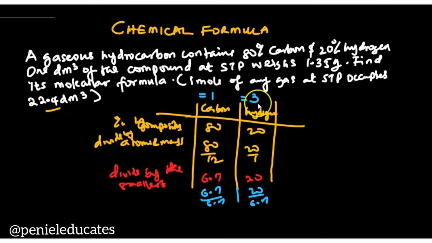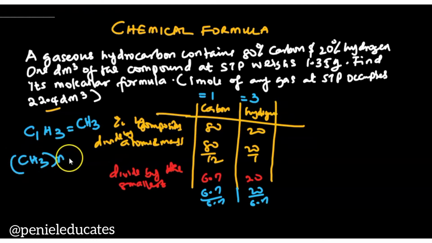Now the empirical formula is C1H3, which is CH3. And don't forget the molecular formula would then be CH3 into N, because it's in multiples,